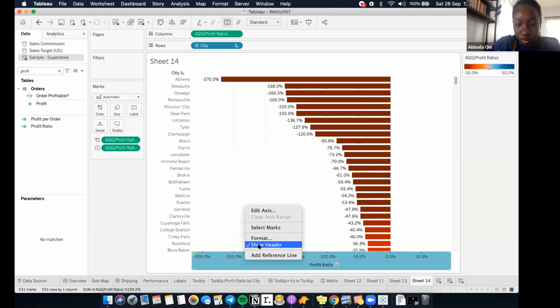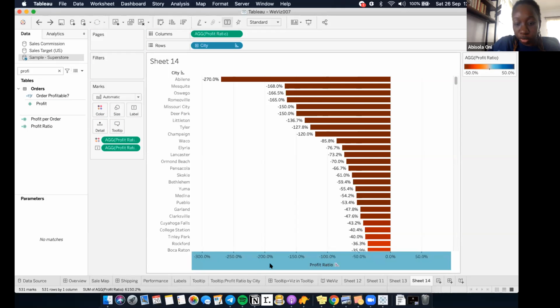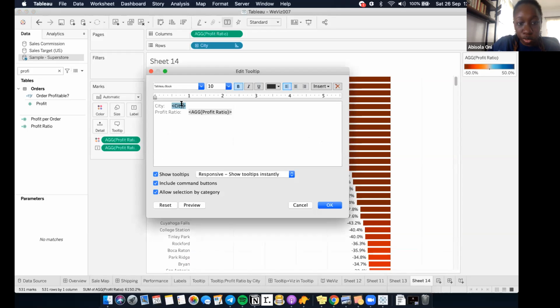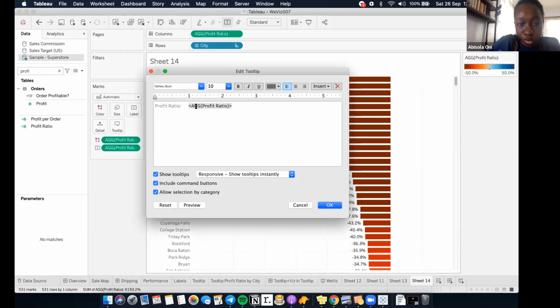I can take this out since we already. I'm taking this bottom here. Sorry, I hope you can see that. I'm taking away this axis here because I already have my profit ratio at the label here, so there's really no need for me to do that anymore. So that's taking that away. Then in my tooltip, I already see the city here, so I don't want to see the city again in my tooltip. So I come here and I leave it as profit ratio, or I can just say profit ratio